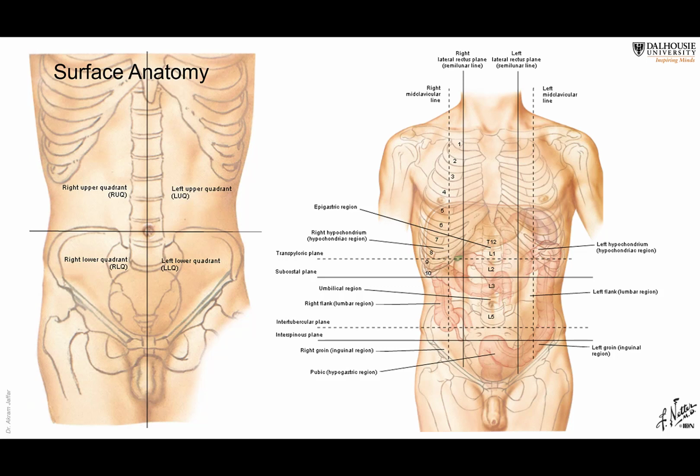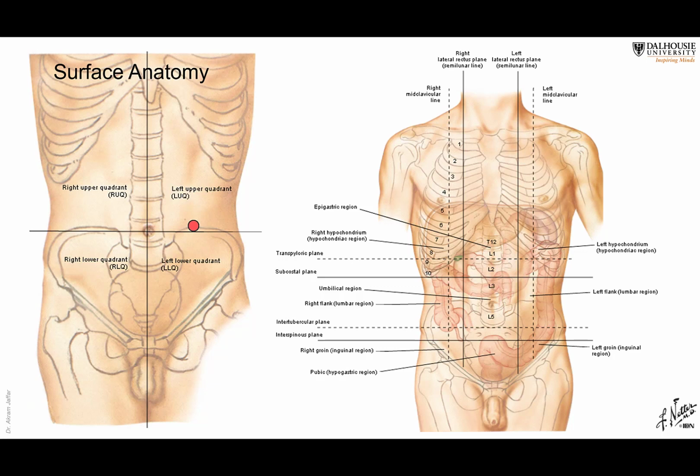To be more specific, and this is more likely used in clinical life, is to divide the abdomen into 9 regions. And we are going to do that in the practical. I'm not going to go into details of that. You can use your lab manual and follow how to divide the abdomen into 9 regions. But just to give you an idea, in order to divide the abdomen into 9 regions instead of 4,